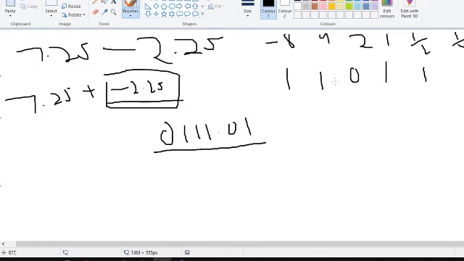So that is that one, and this one is 1101.11. So if we were to put this into the exponential Mantissa format, so normalize it, this would then become